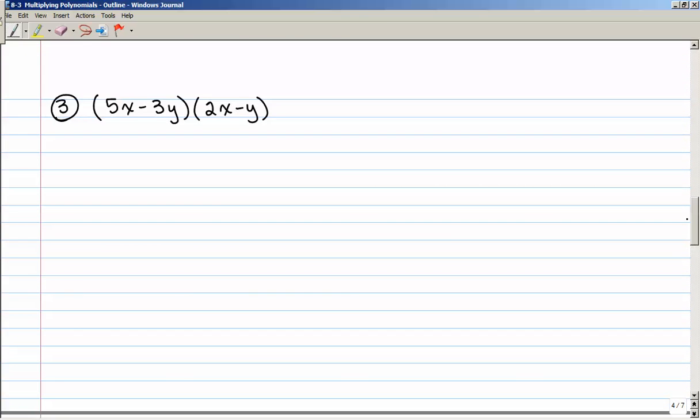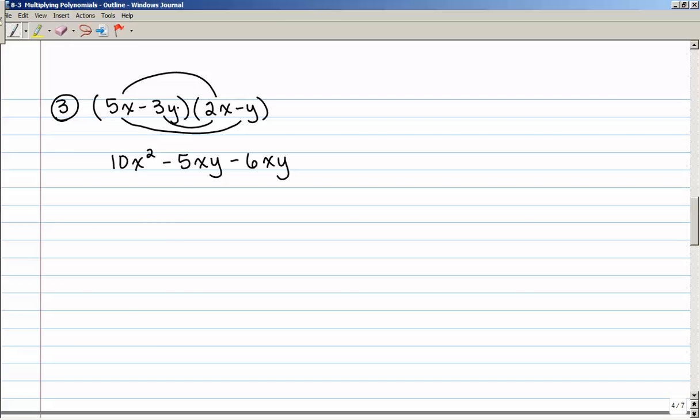Let's try an example here that has more than one variable in it. So I have 5x minus 3y times 2x minus y. I'm going to use the FOIL method again, multiply my first terms. 5x times 2x is a 10x squared. My outer terms, 5x times a negative y is a negative 5xy. My inner terms, negative 3y times 2x is a negative